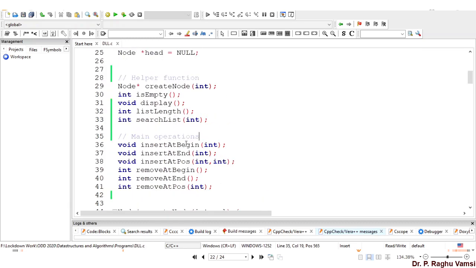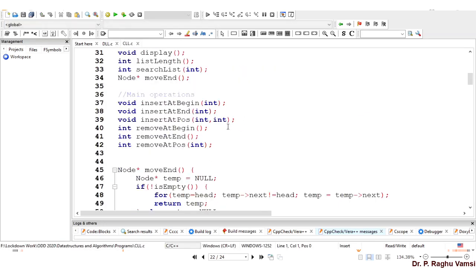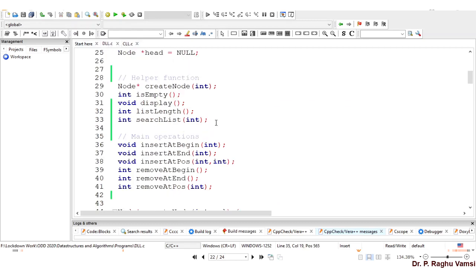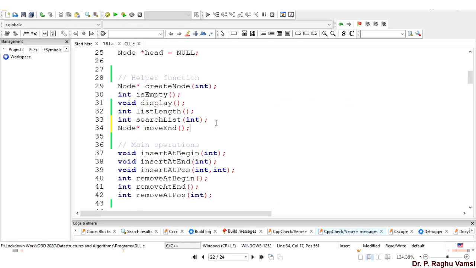In the circular linked list, we wrote a function called move end. I will also use this move end so that it will be easy for us to move till the end of the list.